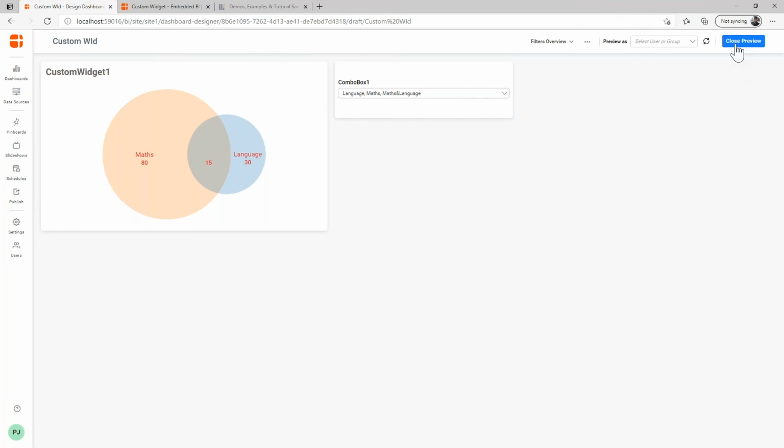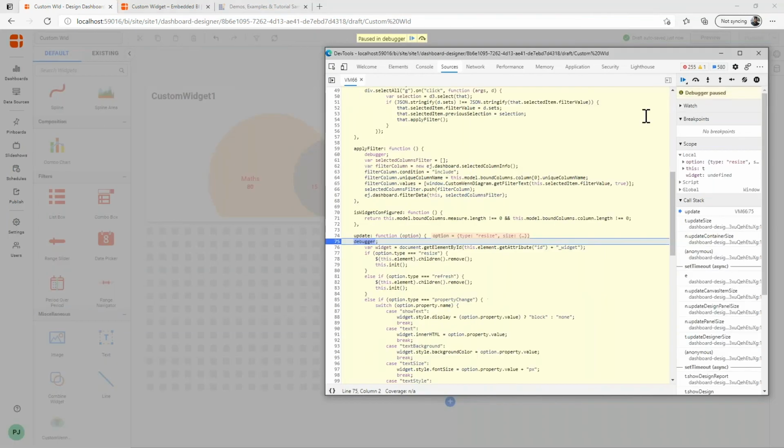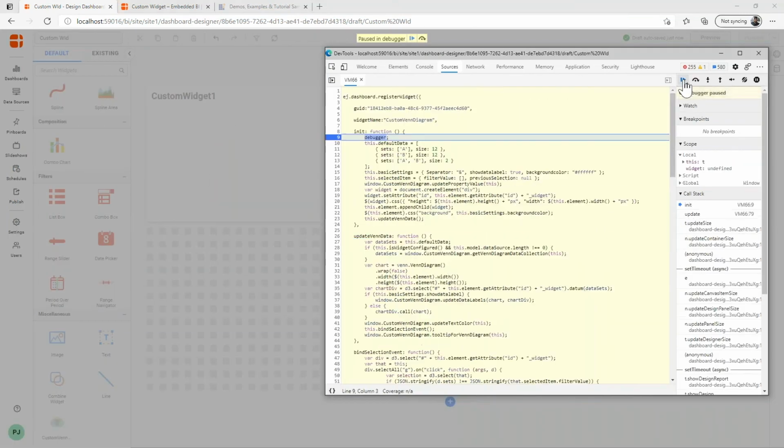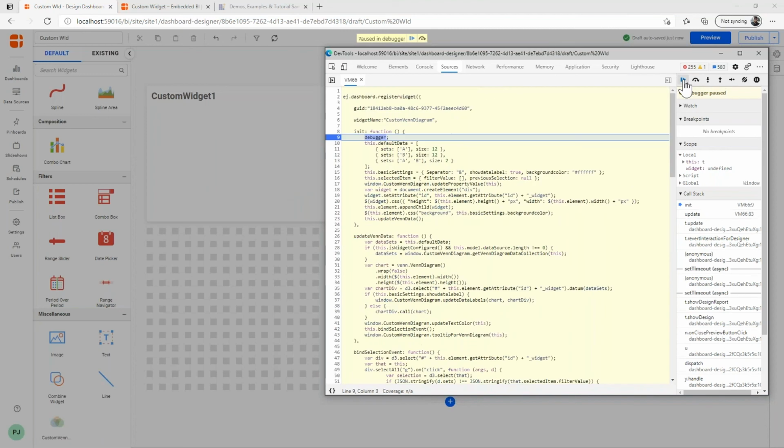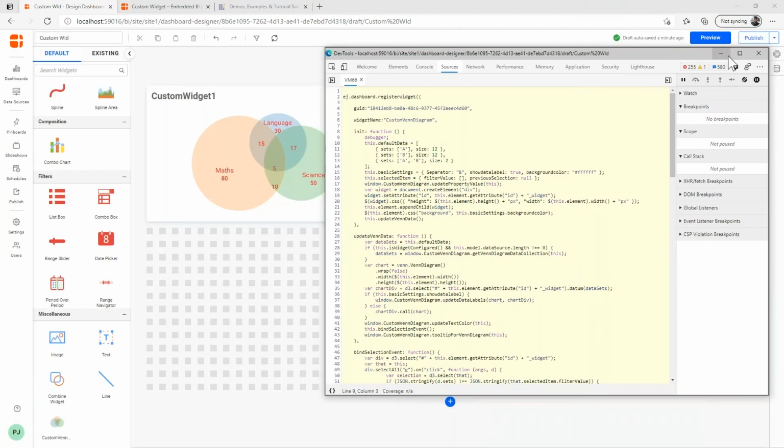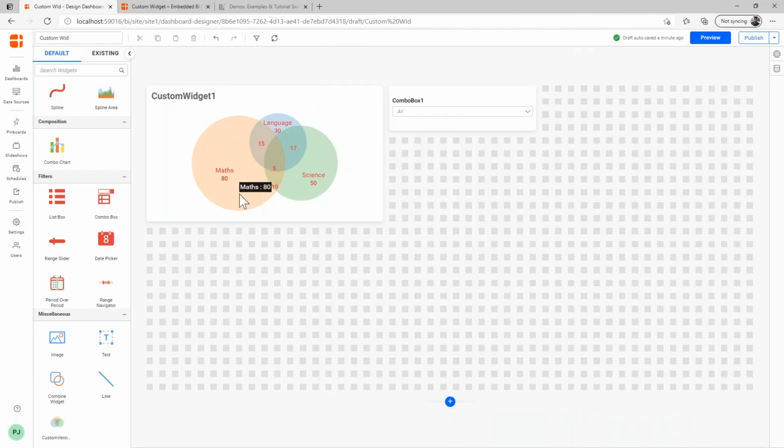Okay, and let me close this, and now let's see how the widget is going to work for master interaction. For example, if this widget is going to act as a master widget, and if I select any one of these circles here, like maths, it needs to act as a filter, and it needs to filter down all the values in all the other widgets in the dashboard.